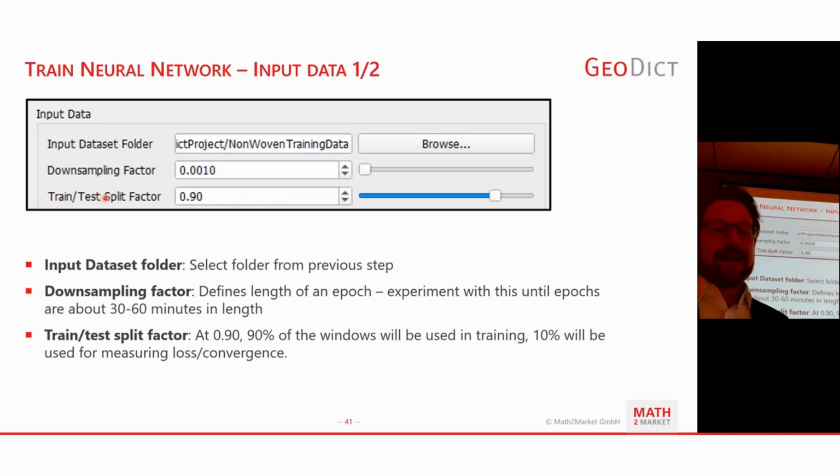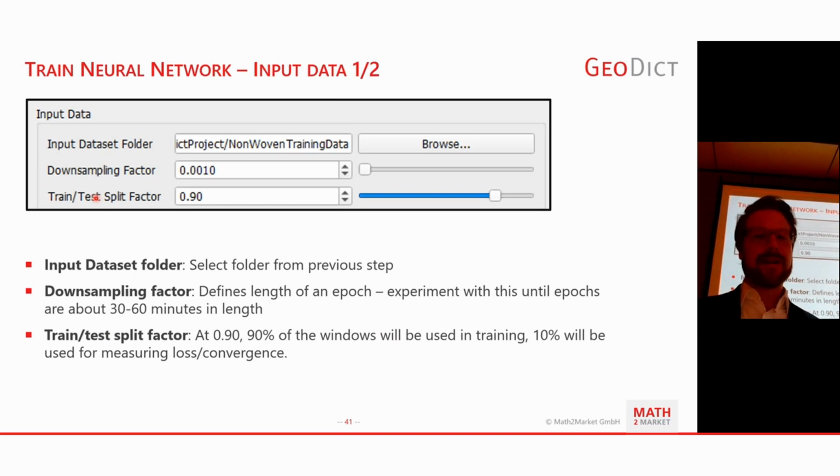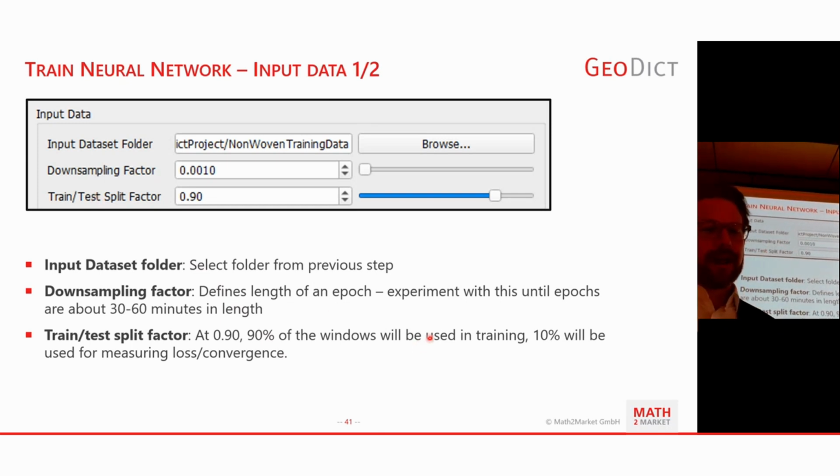Unfortunately, we chose the same name here, which is unfortunate because this is not referring to the test structures from earlier. As I said, the training will only consider the structures in the train folder. But during training, it will take 90% of those windows for training, and 10%, if it's set to 0.9, for validation, for checking the convergence, for checking the validation loss in each epoch. So basically all your structures are split in 3 ways. First of all, you have the train structures and the test structures, then the training runs on the training structures, and those are, again, dynamically at runtime split 90-10 in this case, for training and for checking the convergence.